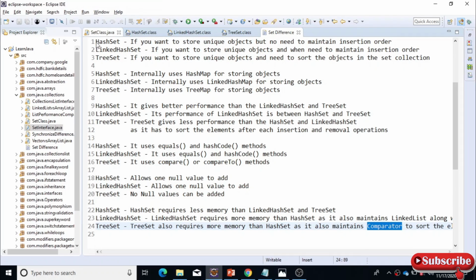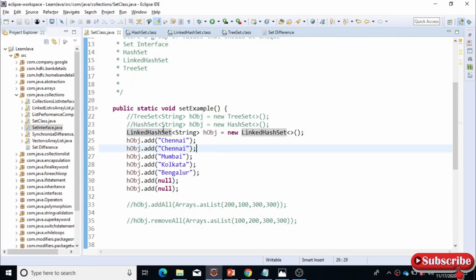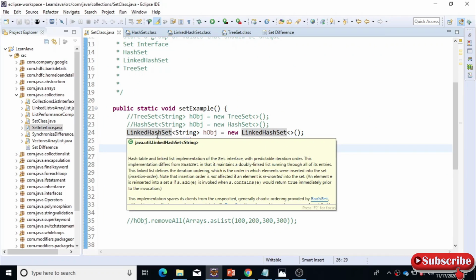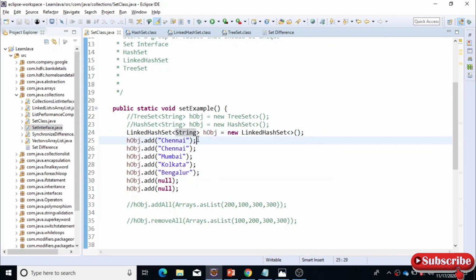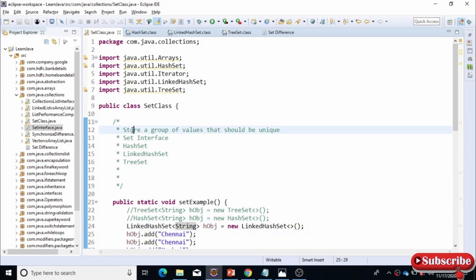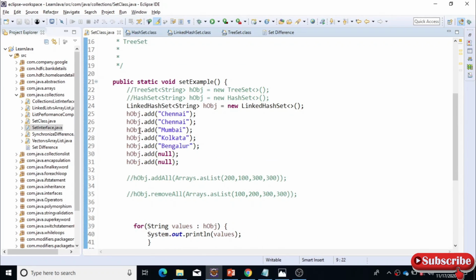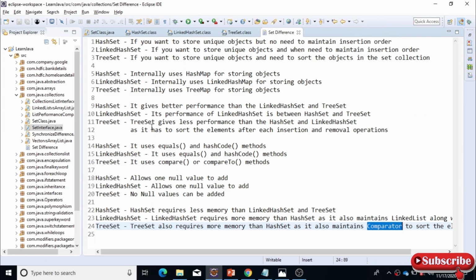So these are some differences that we can see between LinkedHashSet, TreeSet, and HashSet. Based on the requirement, if you want to store a group of values that should be unique, then you have to go for the Set interface classes, and inside this we have three classes, which should be chosen based on these differences.